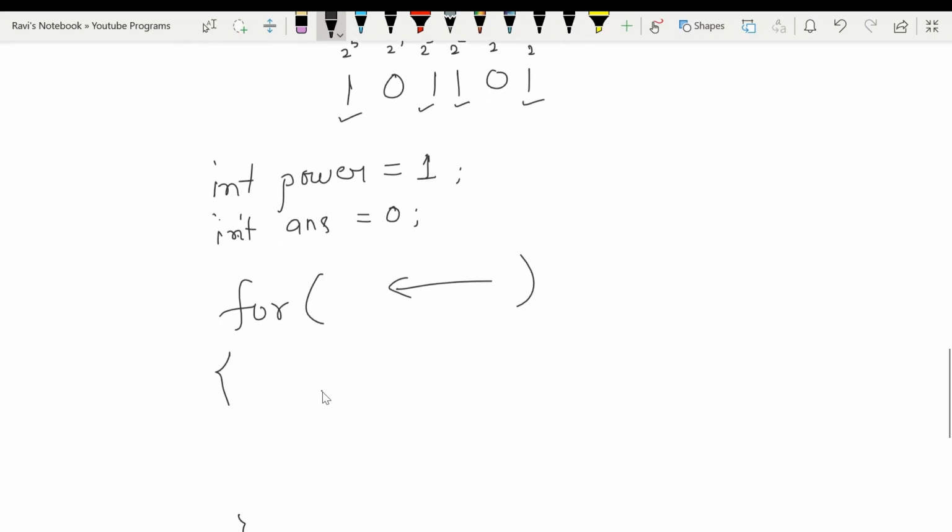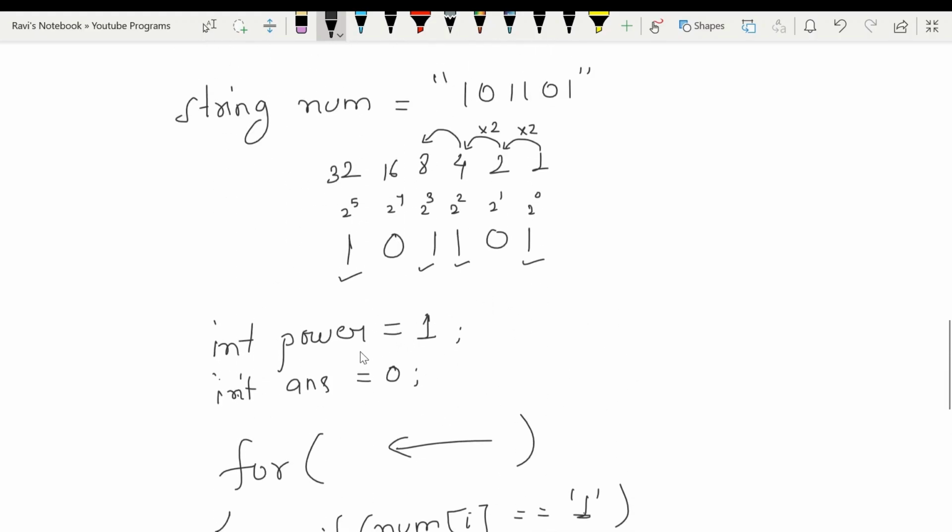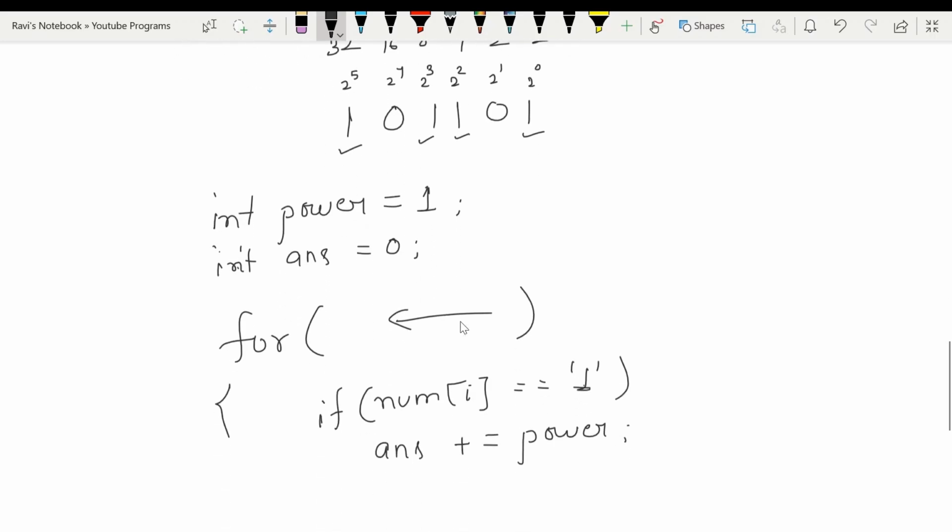So we can write if num of i equals 1. If the digit is 1, then add the power. How can we add? By simply doing answer plus is equal to power, and we have to update the power value.